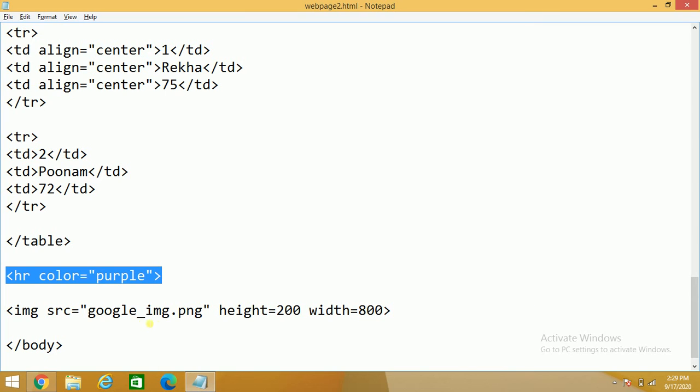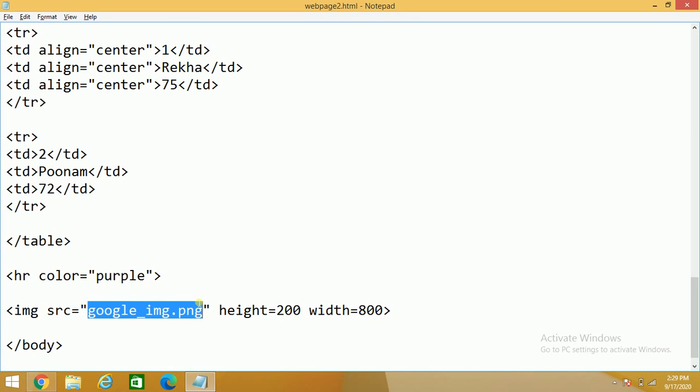An image I have already downloaded from the net and it's there on my desktop, and this file is also there on my desktop. So make sure जहाँ पर भी आपकी ये वाली HTML फाइल होगी वहीं पे आपकी ये image भी होनी चाहिए. Only in that case you don't have to specify the full path. अगर आपकी image C drive में है and your HTML file is in D drive, then you have to write the complete path. So make sure whenever you create any web page or website, all your images and files are inside one folder so that you don't have to give any path. You only have to mention the file name.